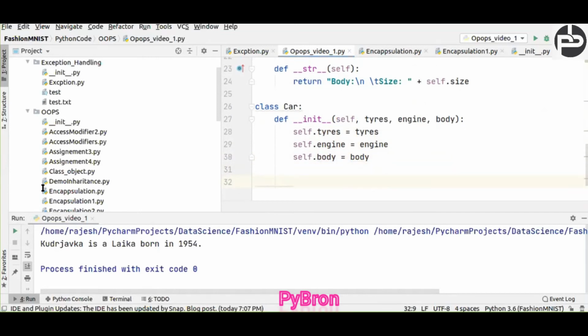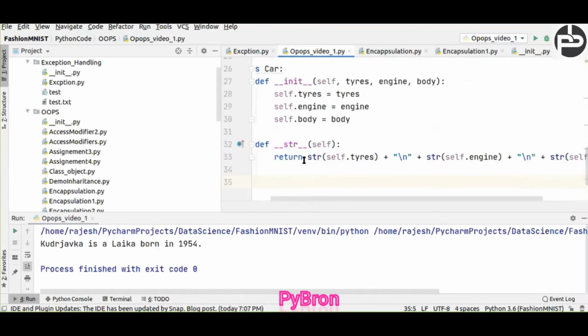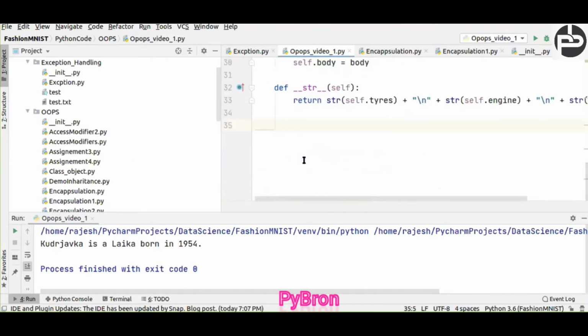First we have to create a string method so that we can call it with the help of the object itself. Next is initialization of objects. First we initialize the tire object with these variables, then the engine object, and then the body object.